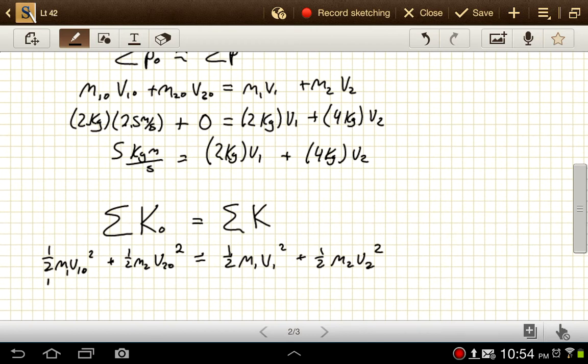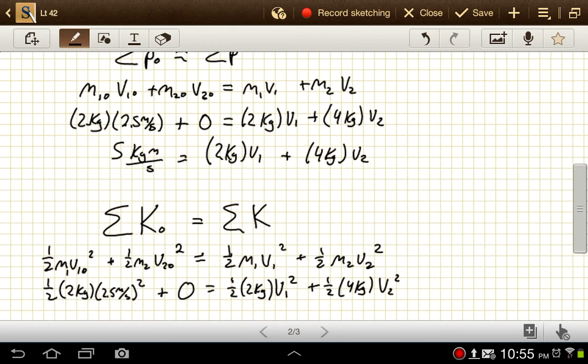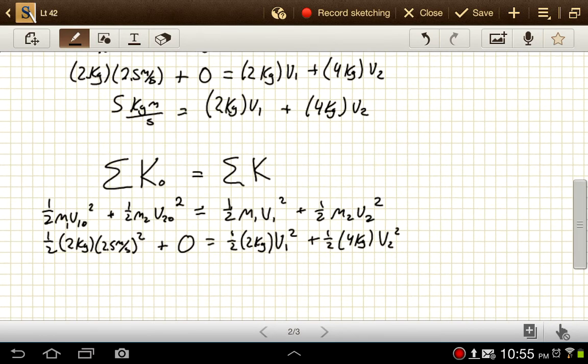We've got 1/2 times 2 kilograms times 2.5 meters per second squared plus initial velocity for 2 is 0, so this whole term will be 0, is equal to 1/2 times 2 kilograms times v1 final squared plus 1/2 times 4 kilograms times v2 final squared. Or this simplifies down to,